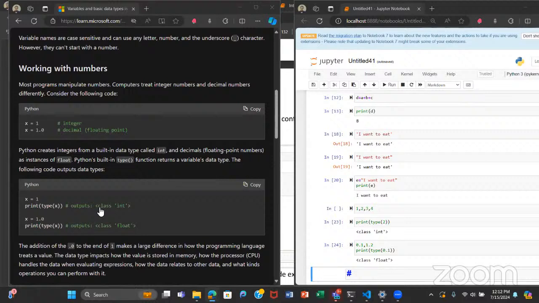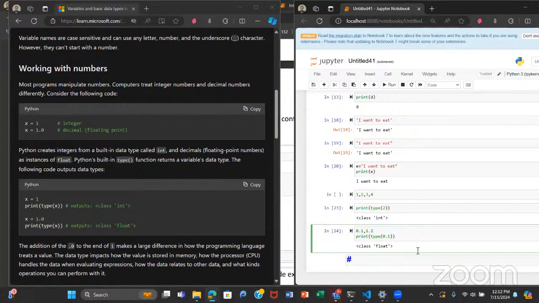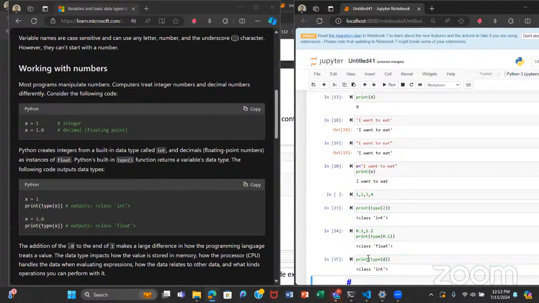As I also covered, type tells us a variable's type. Let's use our variable d, which is a number, and see what type it will give us. So print type d. You could put a variable in type, you could put a number in type, whatever really, and it tells you the type of data.